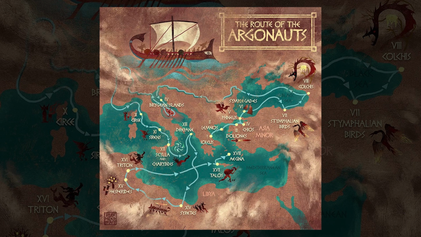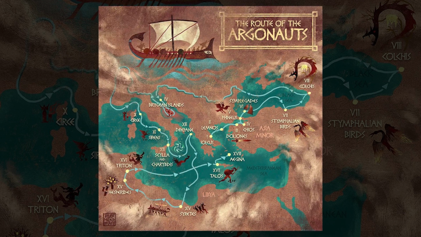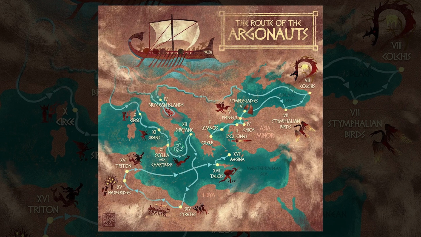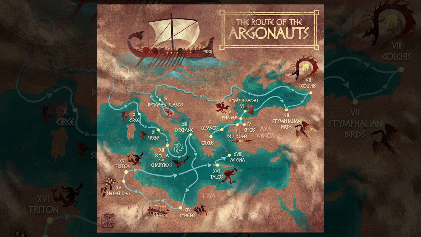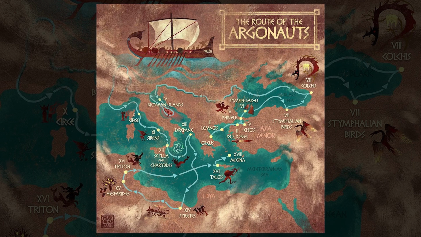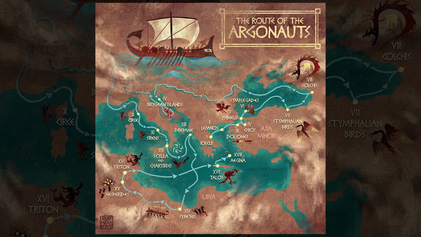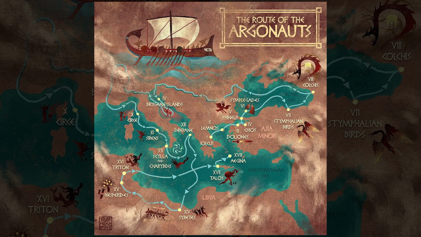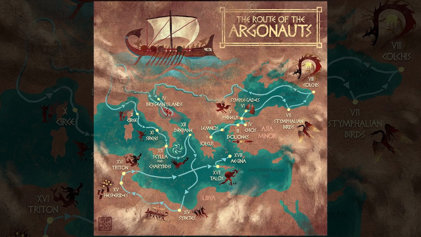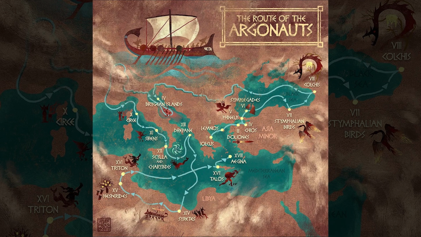But if you would like to, Tyler Miles Lockett just launched his map of Jason's journey on the Argo, because they go from Iolcus one way, and then when they go back to Iolcus from Colchis, they go a different way, right? So that is also important to highlight. And Tyler did the most incredible map of this journey so that you guys can follow each and every stop, figure out where he is at what point, how he gets there, how he gets back. All of that is laid out incredibly on this map. So you guys can see it on the screen if you guys are watching.